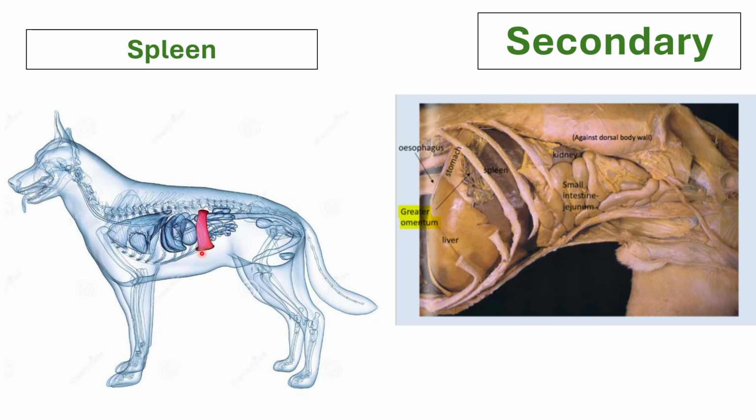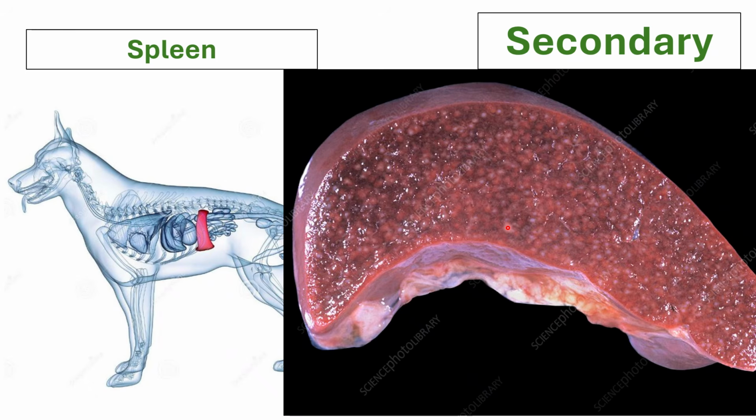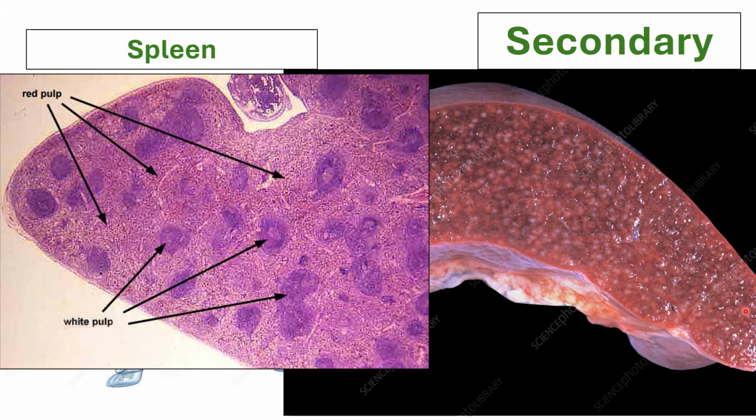Okay, again, grossly, the spleen is located somewhere here, near the stomach, and if you cut it, you will see that you would have your white spots among red areas, and histologically it will translate as like this. The white spots are white because they contain your white blood cells, right? Specifically your lymphocytes, right? So this would be your white pulp. These are the white spots here. And then in between, you would have your red pulp.